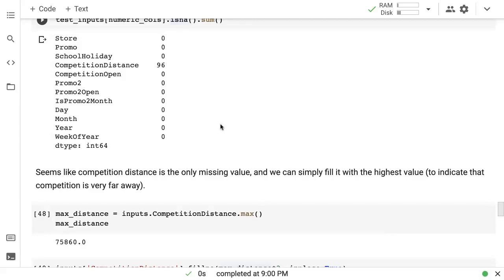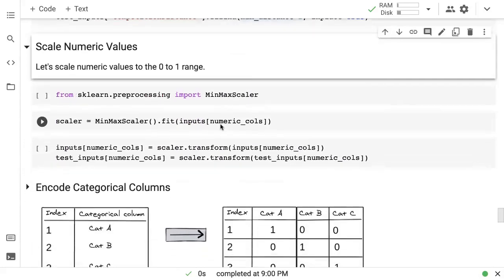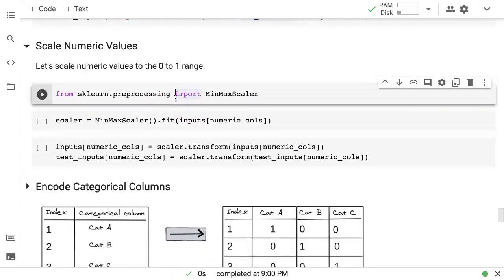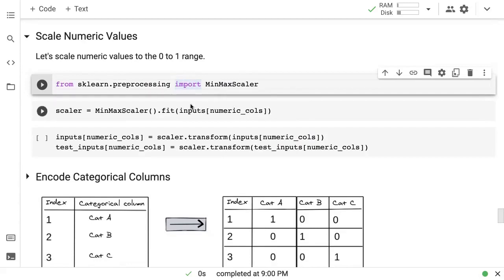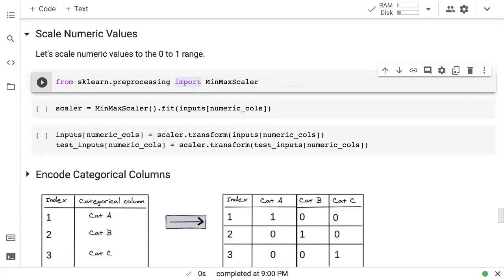To fill the mean would change the meaning, because then you would say that the competition is maybe like a few hundred meters away, but rather what we want to put in here is to say that competition is really far away or does not exist. Okay, so although we have seen these standard strategies for imputing values and scaling values, you will have to apply some thought to it when you apply it to real world problems. The standard strategies are fine when you want to just quickly get to a machine learning model. But when you really want to improve the model, these are all things that you have to think carefully about.